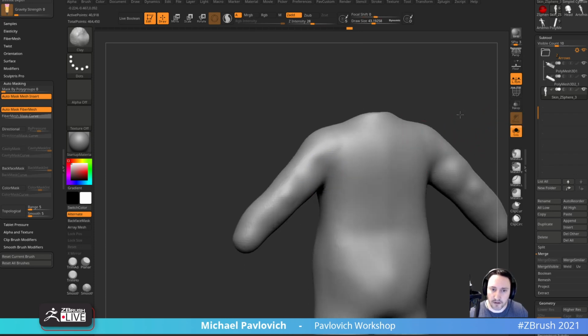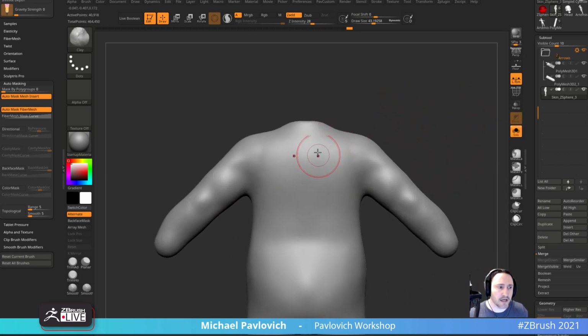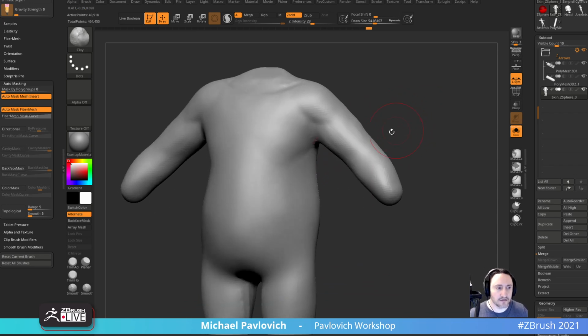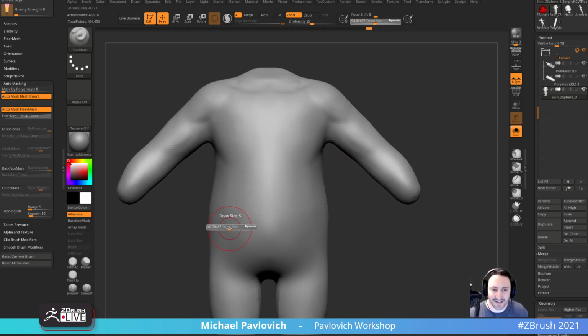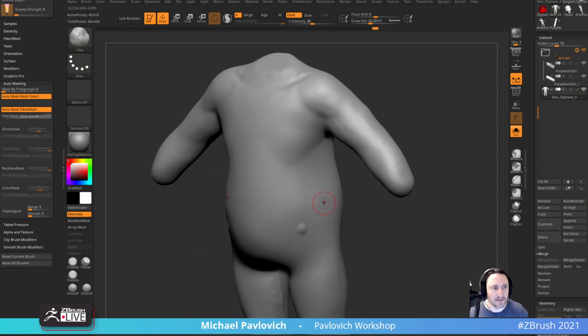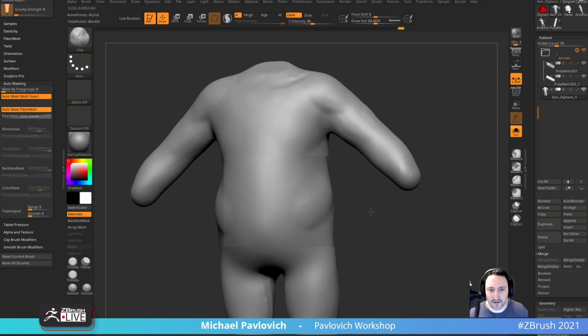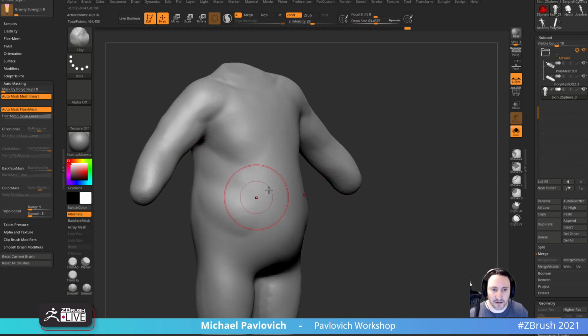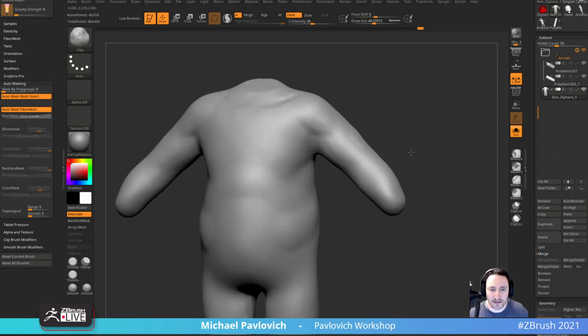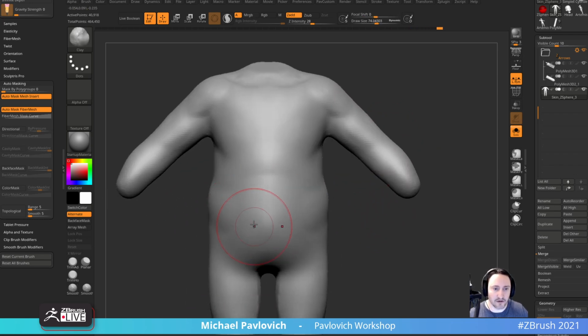Let's go into solo mode here. And then for the back, and the obliques. So you're going to have on your pelvis here your ASIS points, and then you're going to have your obliques kind of spilling out over that. Again, we're just dialing in just a little bit and then softening the forms right back up here. The rib cage too is going to be right in through here, so you need to make sure that that's all accounted for. Then, obviously the belly